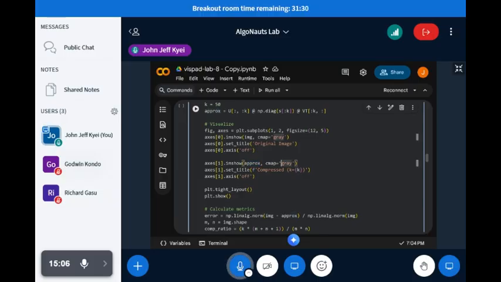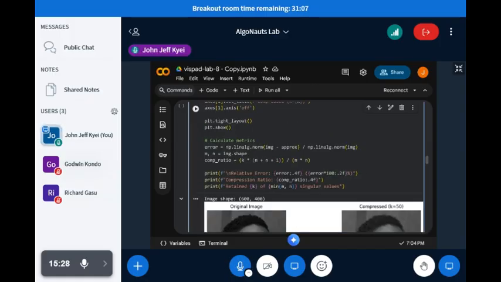If you don't do that, the Matplotlib library will automatically assign intensity values, because it imagines that the other channels have values and it fills in those values itself. So we just set the color maps to gray so that it doesn't give us